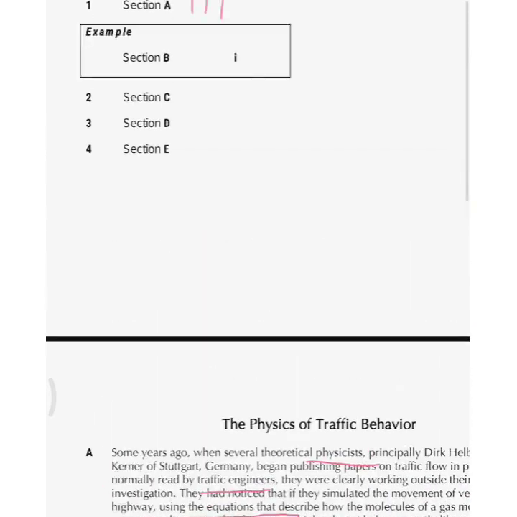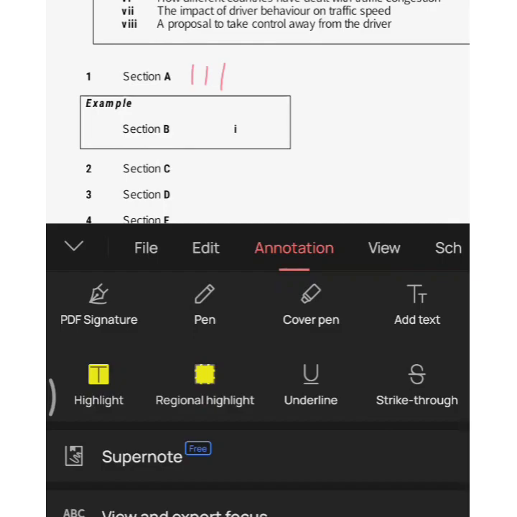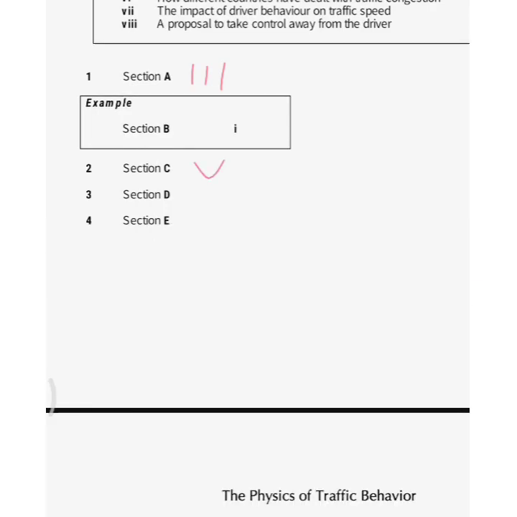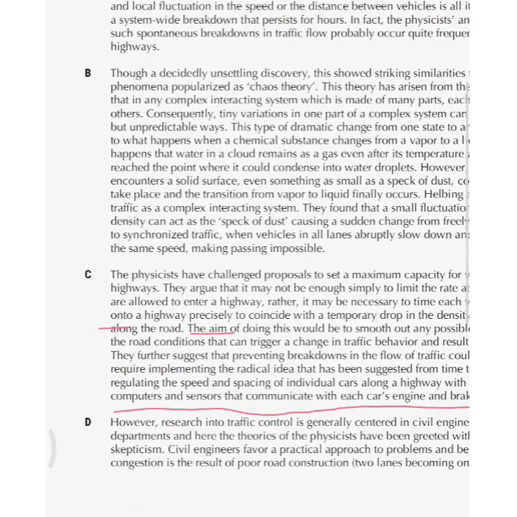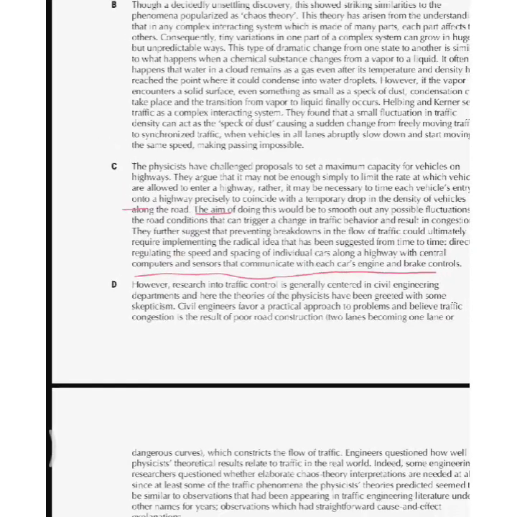For paragraph C we should give it a heading of 1, 2 and 3. So let me do this, 1, 2 and 3. So now let's move on. As you've already been told, I believe you should always go for the crux of what the whole paragraph is telling you, and you should see what is the extra information and what is the main idea of the paragraph.